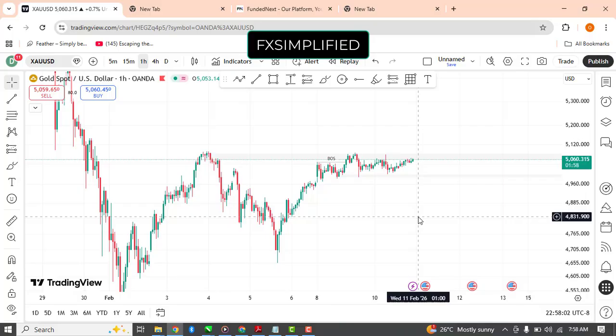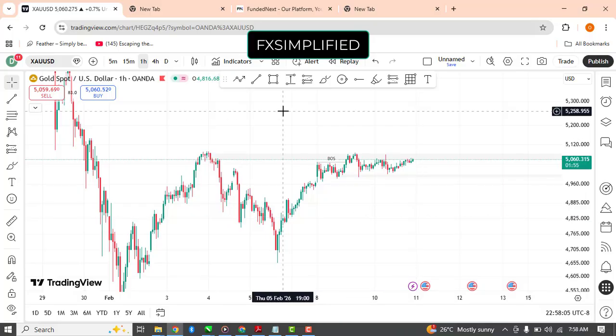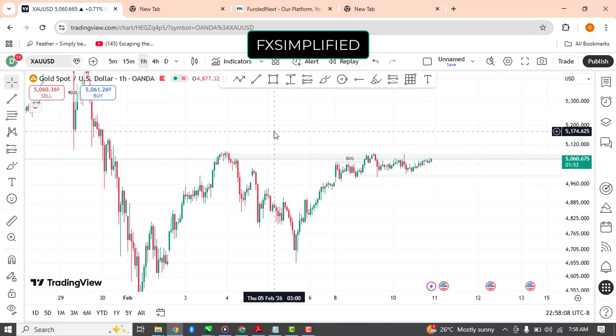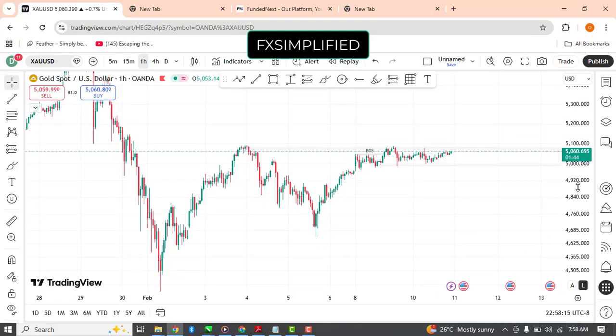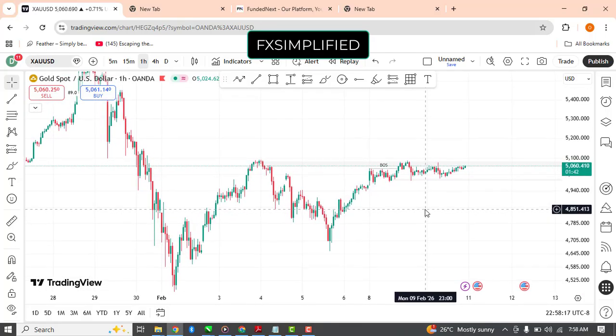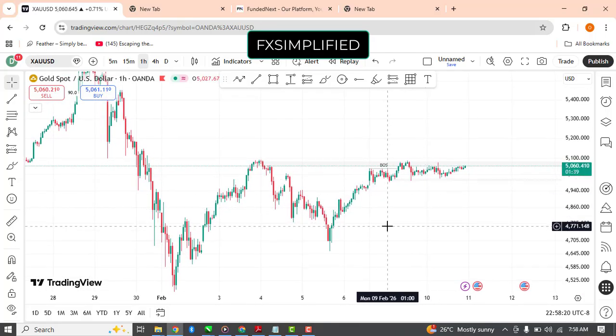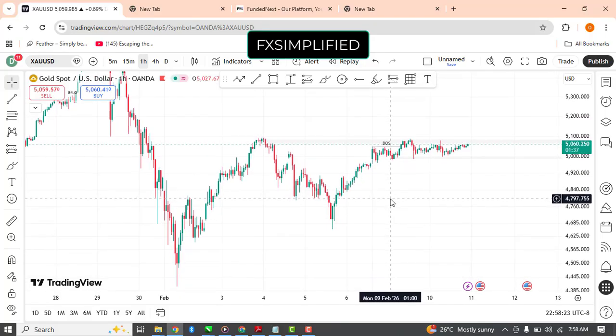Regardless, we need to do more of these. Let me quickly try, as much as possible, to explain what price is doing in gold right now. But one thing I'm going to say first is that gold has turned bullish. Gold is now buying. The opportunity we are supposed to be looking out for is to buy gold markets, not to sell.